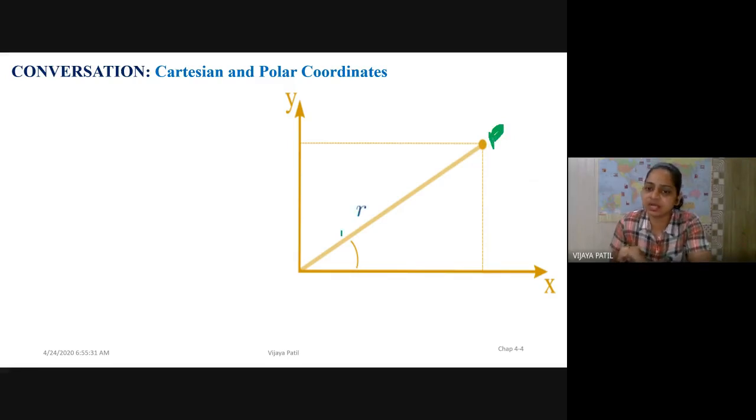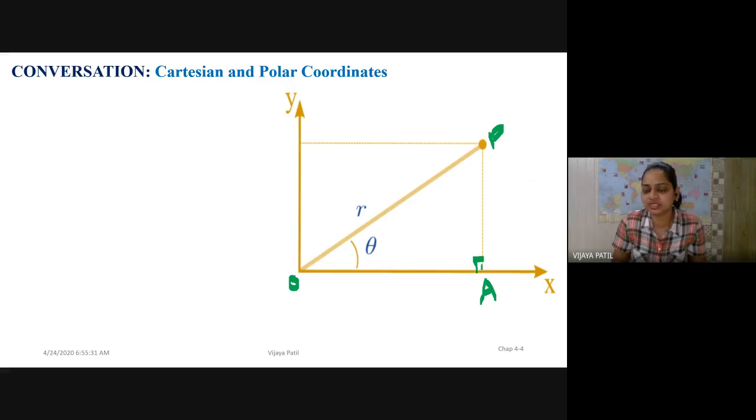Now this is a small r, the position, as we have seen in the last slide. Then this is the theta. Now, if I observe this triangle over here, suppose this is my origin O and this is the point A. This point A is nothing but the perpendicular from the point P on the OX line, or you can say the X axis.